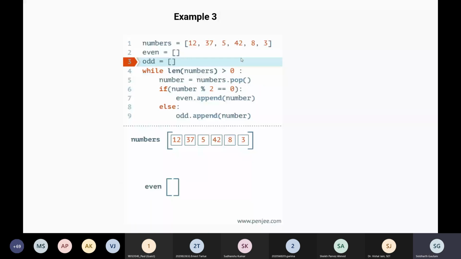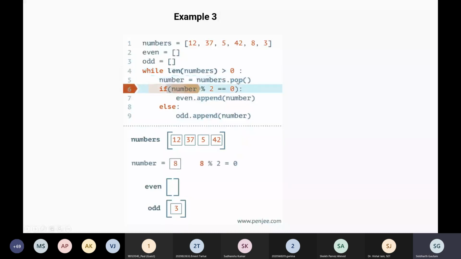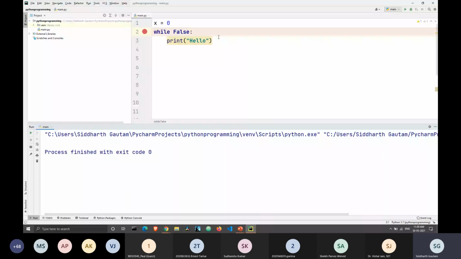Take a look at line number 5 here. You see this dot pop function. The pop function automatically removes the last element of the list. So let's take a look at it in our IDE. Go back to our list: list1 is equal to, and we will declare just a simple list here, 1, 2, 3, 4, and 5.